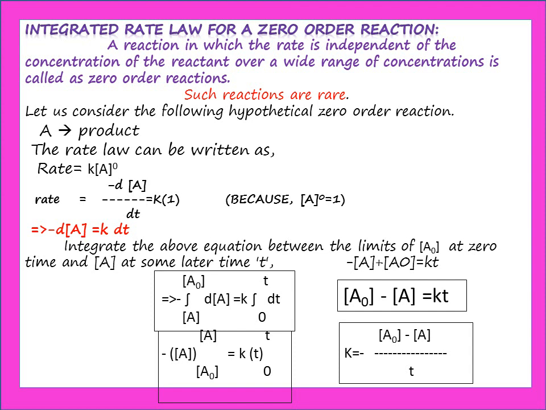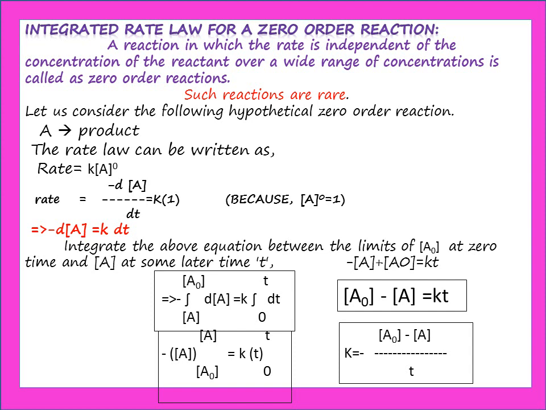Also we know that rate is nothing but decrease in concentration of A with time. So rate is equal to minus d[A] by dt. Both are actually expressions for rate, equations for rate. So if we equate, we'll have minus d[A] by dt is equal to k into 1. Where do you get that 1 from? Anything to the power 0 is 1. So [A] to the power 0 is also 1. Minus d[A] by dt will be equal to k into 1. So you take this dt to the other side, you will have minus d[A] is equal to k into dt.